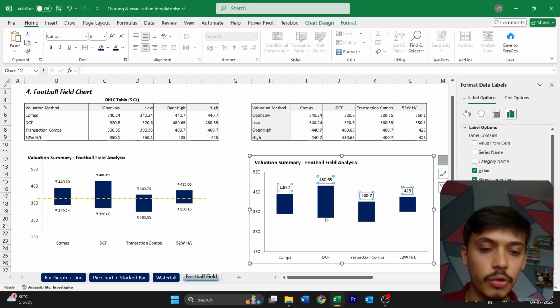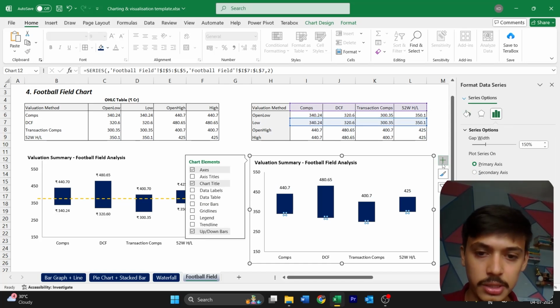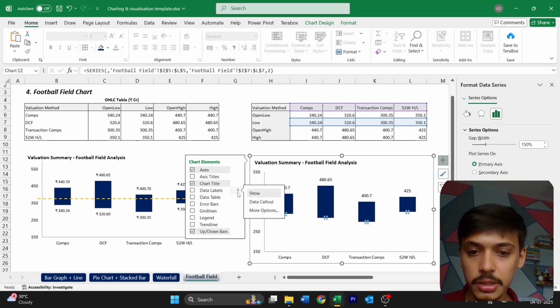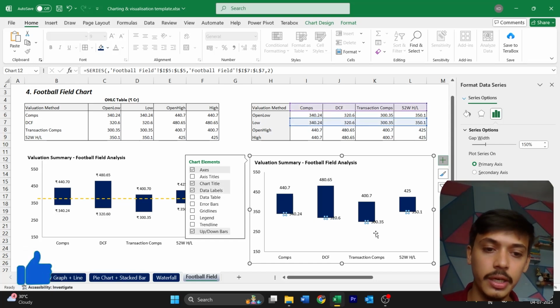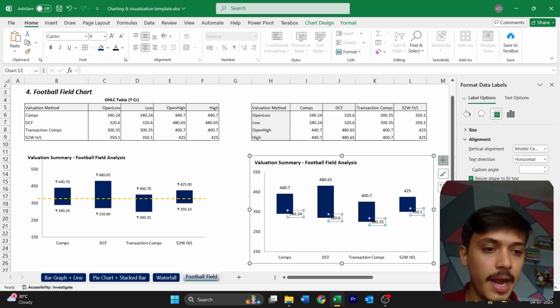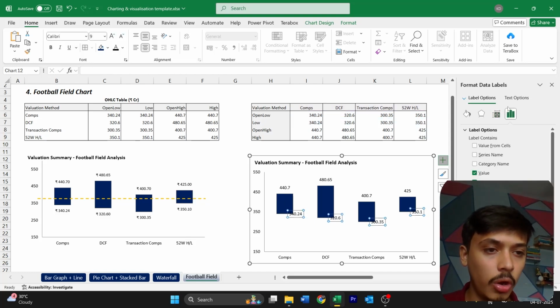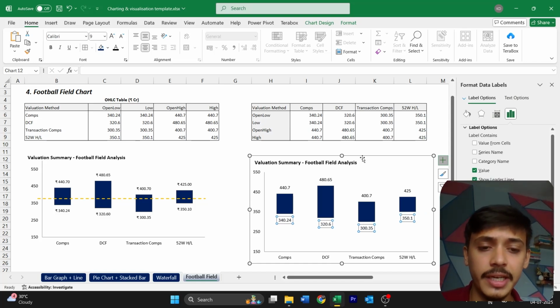Similarly, we are going to click on the bottom of the entire bar, and that will showcase the low of entire valuation range. Similarly, click on plus, go to data labels, click the data labels. Now it has activated on the right hand side. So we will go into more options, and in the more options on the column tab, you have in the right, but now we want it in the below, and that way now we have the entire range with us,